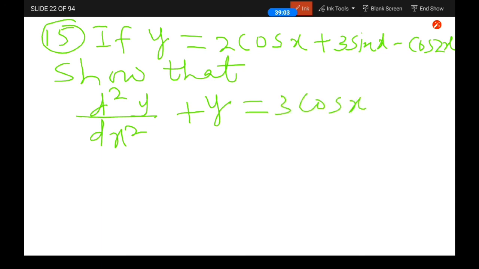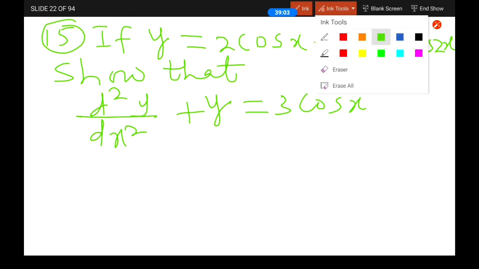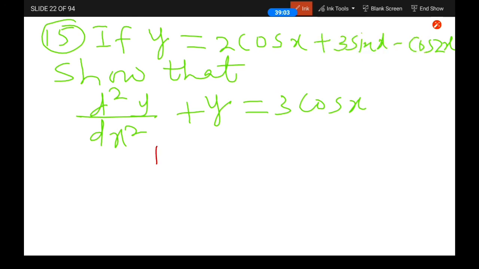So the first thing to do is to tell us where you are coming from. Is it from the left hand side or from the right hand side? This is to show. So let's come from the left hand side. I think that will be better. So from left hand side, good. So from left hand side, what we're going to do, let's calculate d squared y over